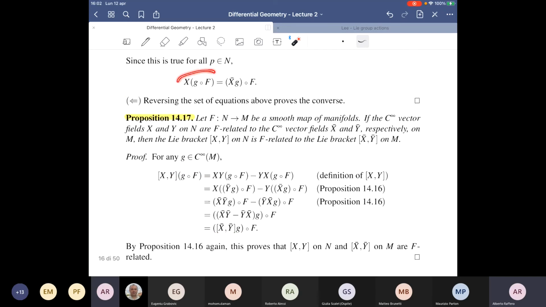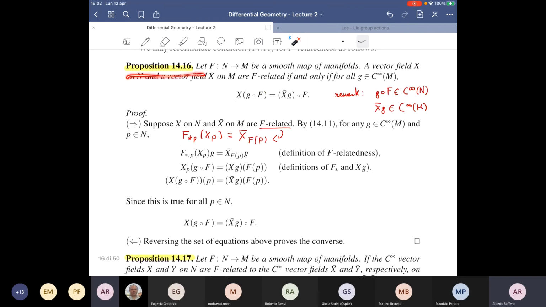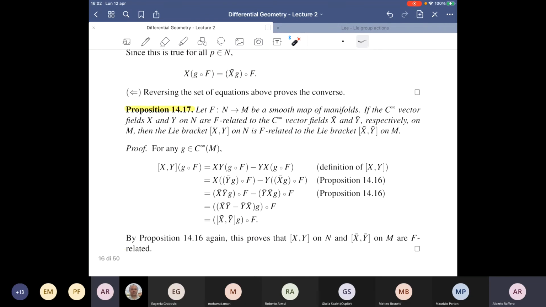This is precisely what we are considering here, but for the Lie brackets now. And to show this, just apply the definition of the Lie bracket and then use this proposition here for y and for f, for y first and for x then, you will end up with this, and this is nothing other than the bracket of ∂/∂x and ∂/∂y applied to G and then composed to F. So using this result here in particular, you can show that